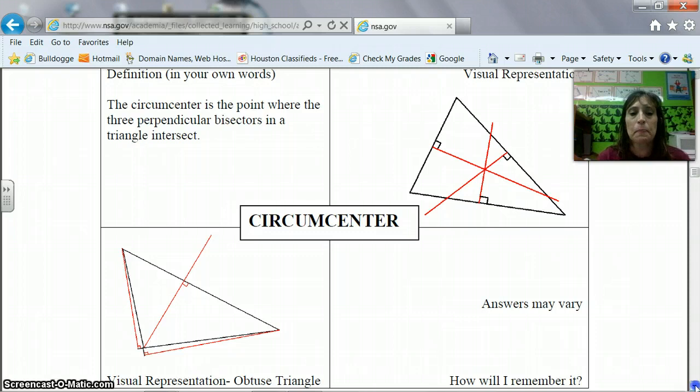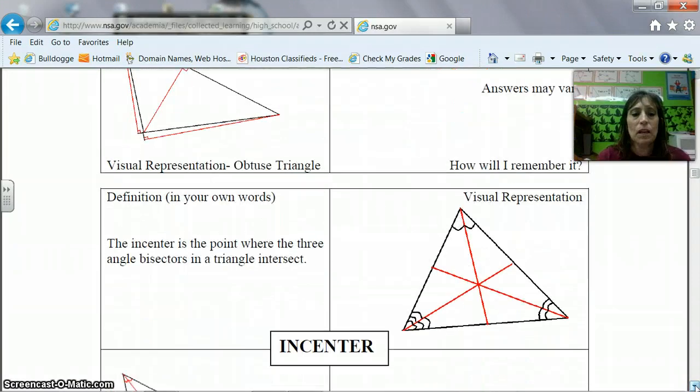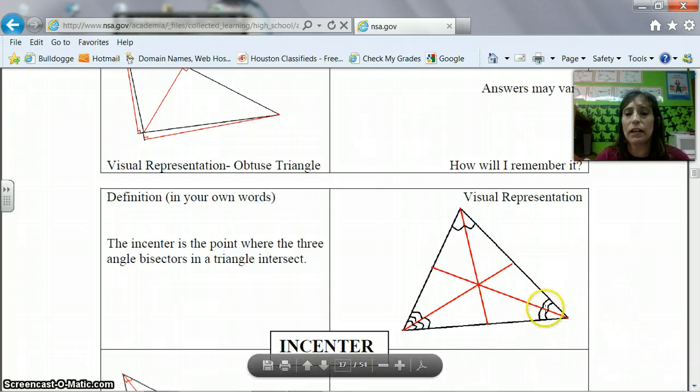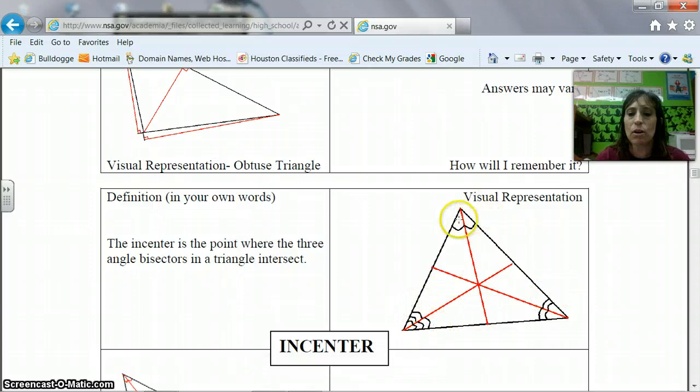The next one is incenter, and incenter actually makes a little more sense. The incenter is the point where the three angle bisectors in a triangle intersect. And remember, an angle bisector is where the angle is cut in half. So these two parts are the same, these two parts are the same, and these two parts are the same, but they don't necessarily